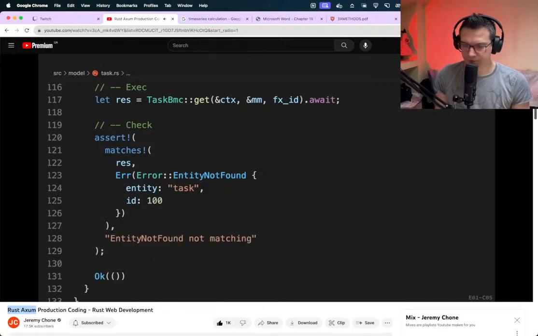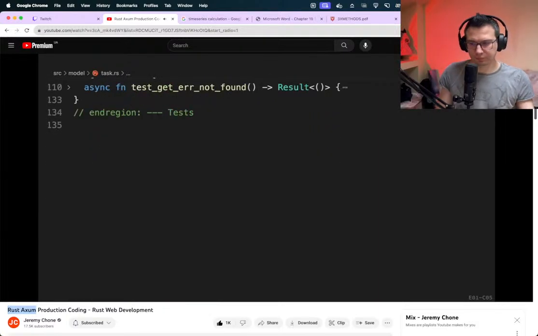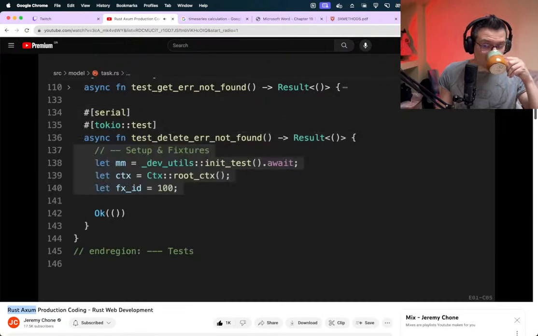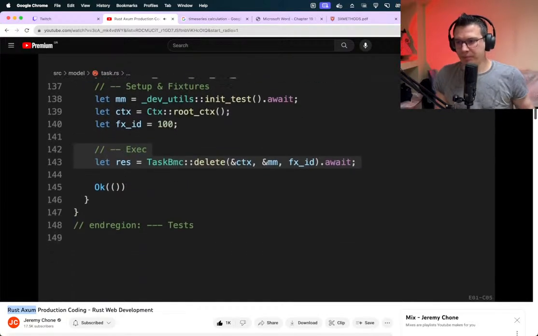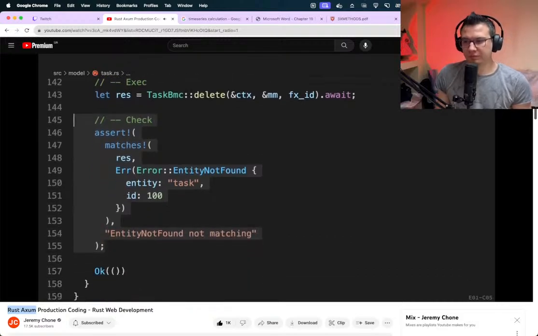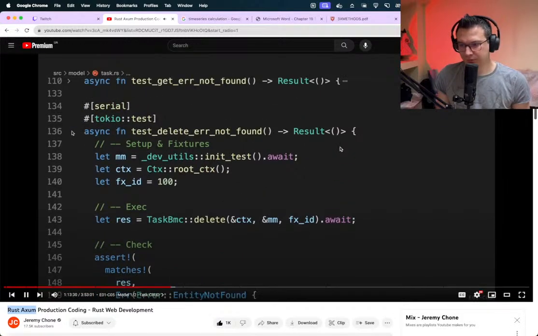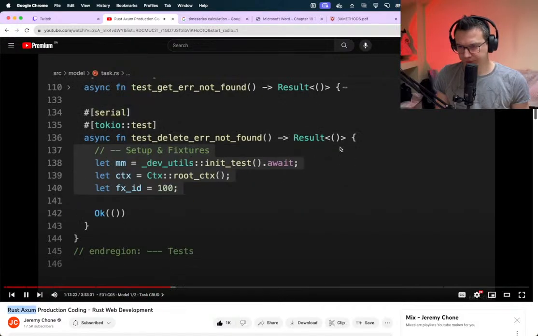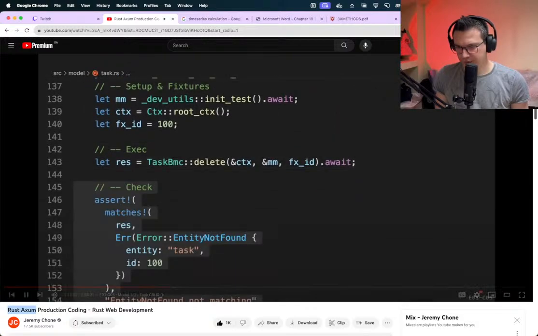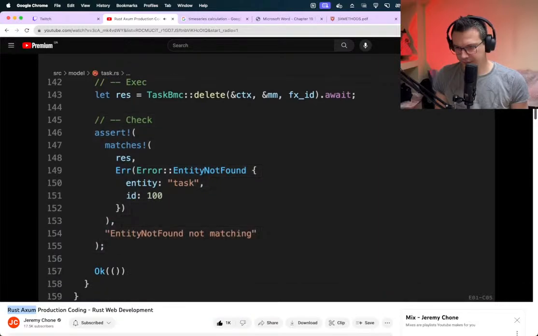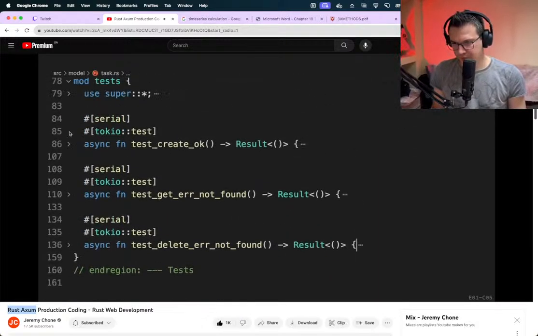So again, we don't have to go crazy and do everything, but it's always good to do a few. So we're going to do the delete as well, do the fixtures, we're going to exec, and then do the check, which is exactly the same one. And then that's it. Now if we go back on top, we're going to implement our